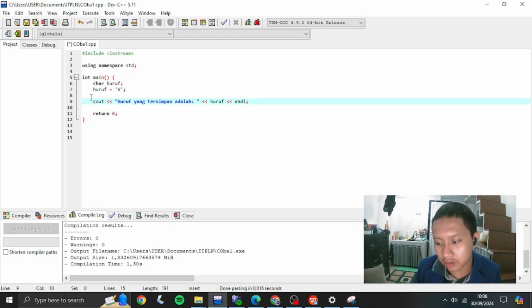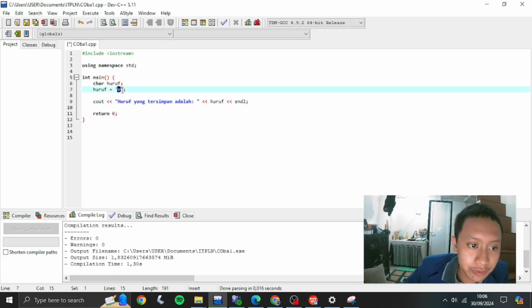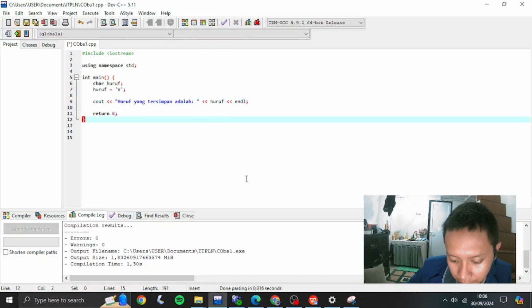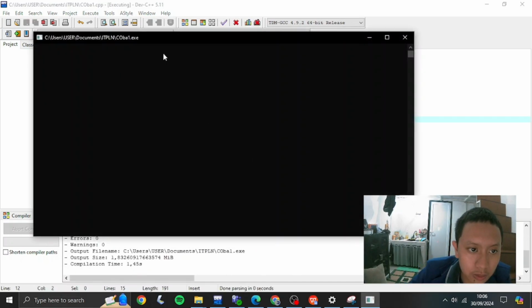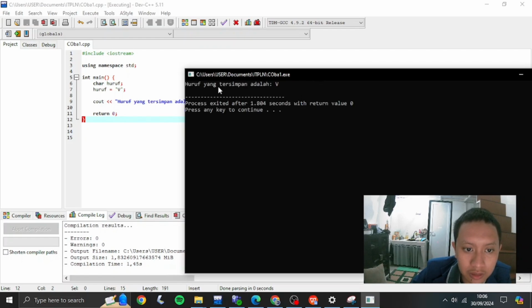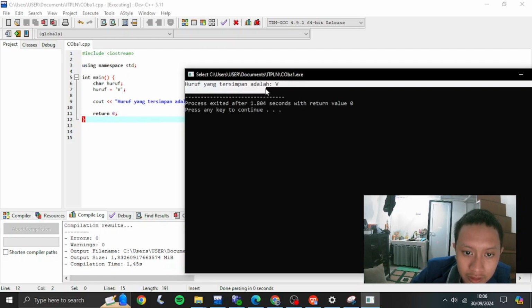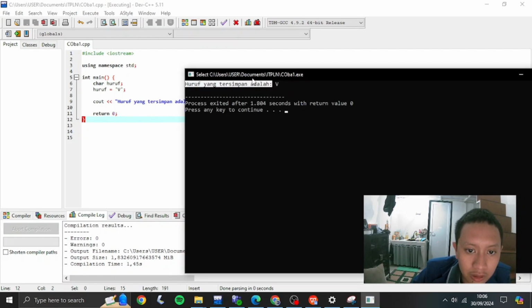If the cover is to give the v out, it needs some cover. The cover is the blue one, and if you run it, it will show you like this. The cover shows the huruf that is stored, and v is the huruf.